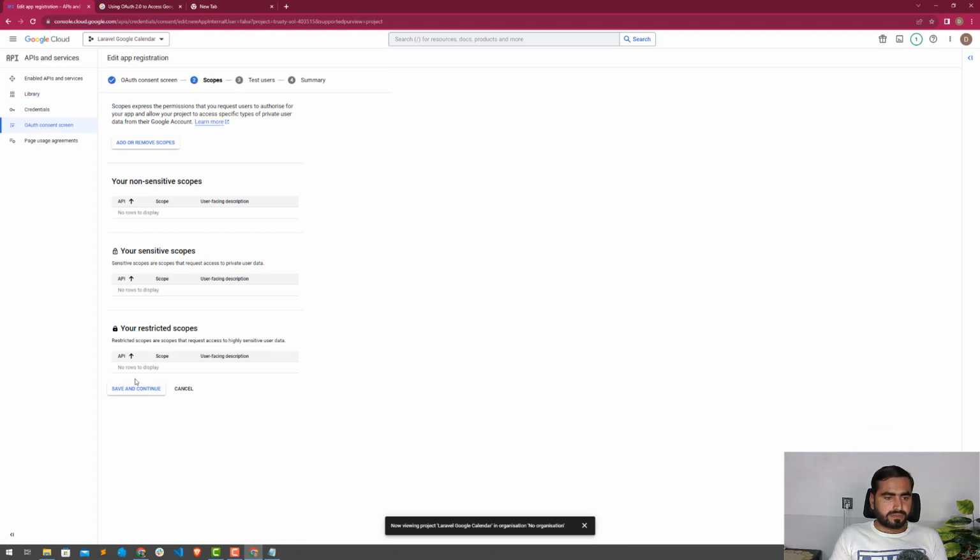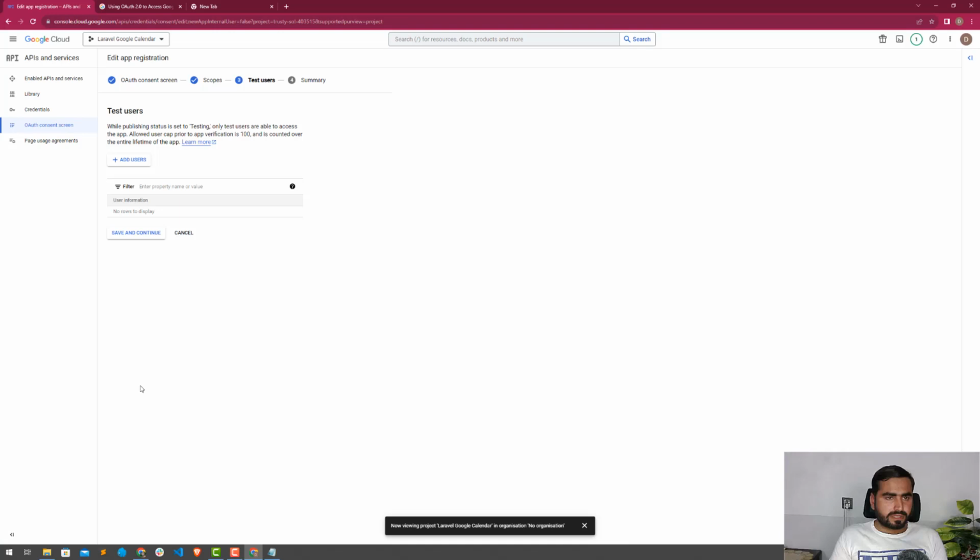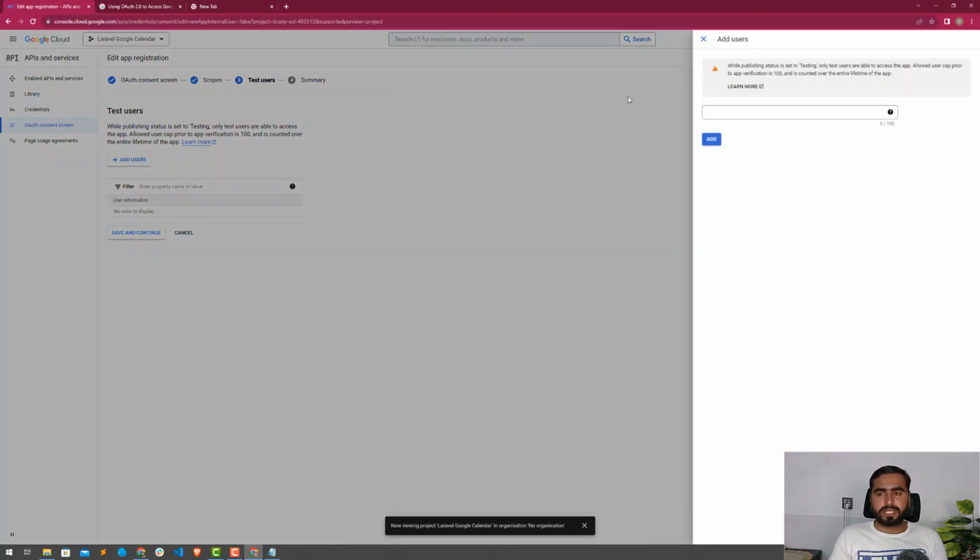And now what we need to do is click on save and continue. Add users: here you can add your test users who will test your application. For example, if you want to test your application, you need to add test users, otherwise it wouldn't allow you to log in with any user. Basically this is for testing purposes, because this one is not live. So make sure to add this one, otherwise if you don't add any user here, you